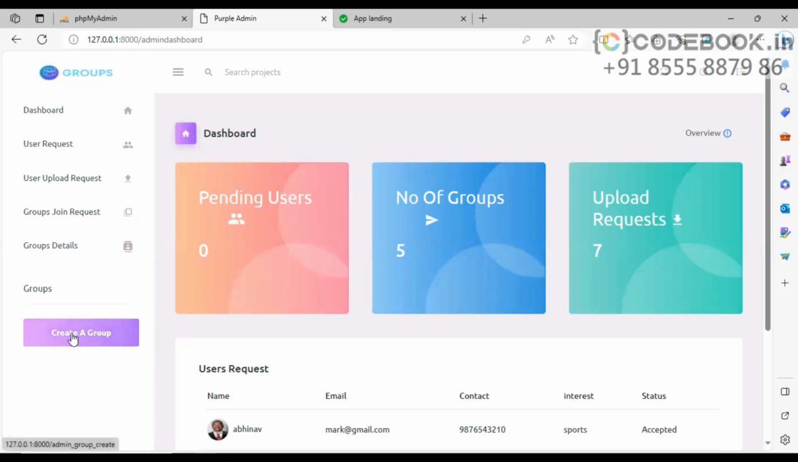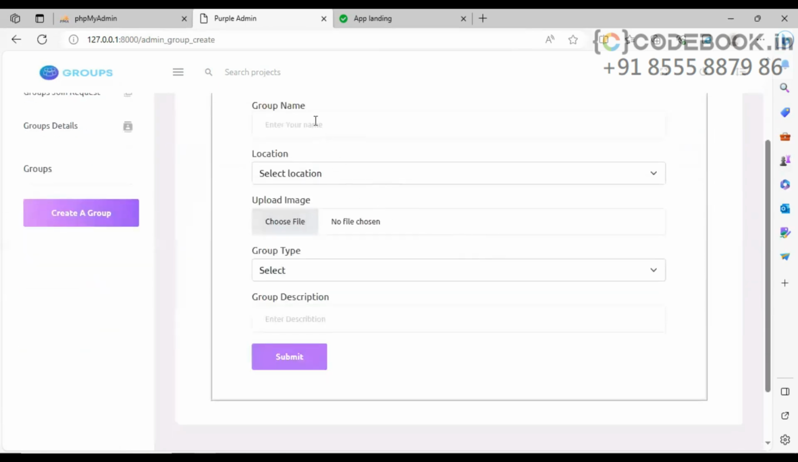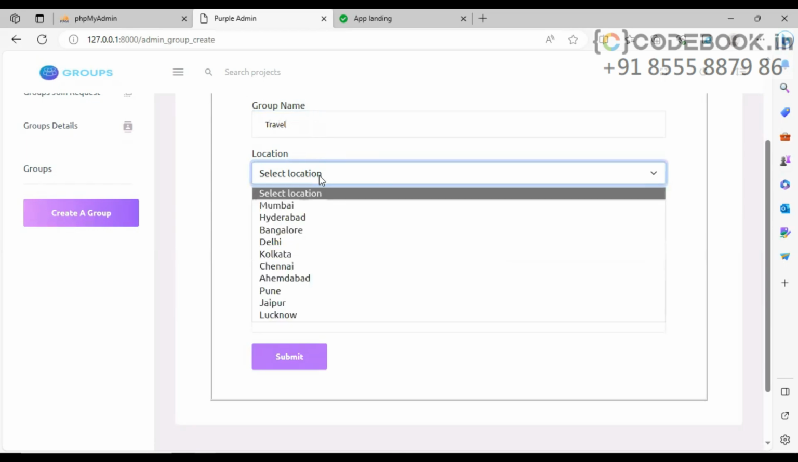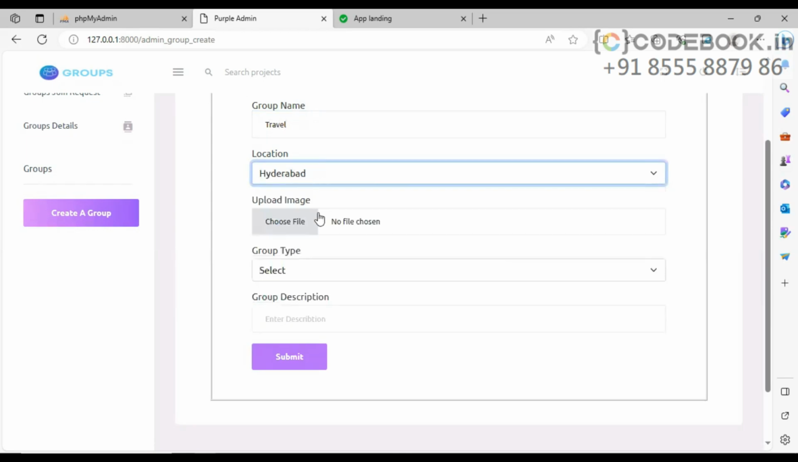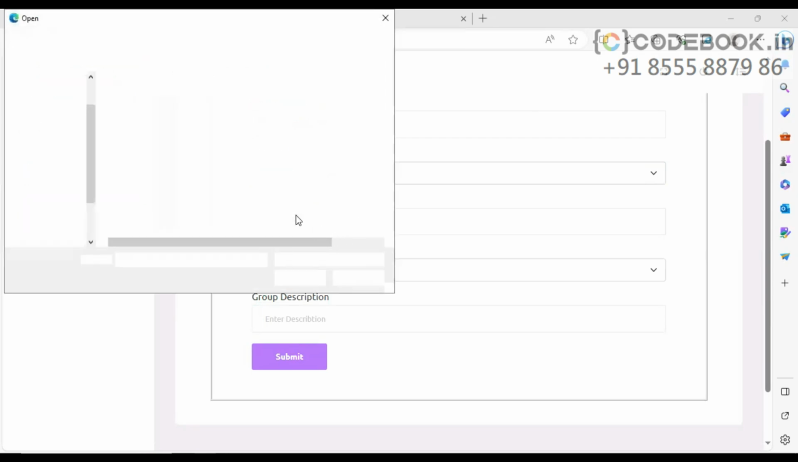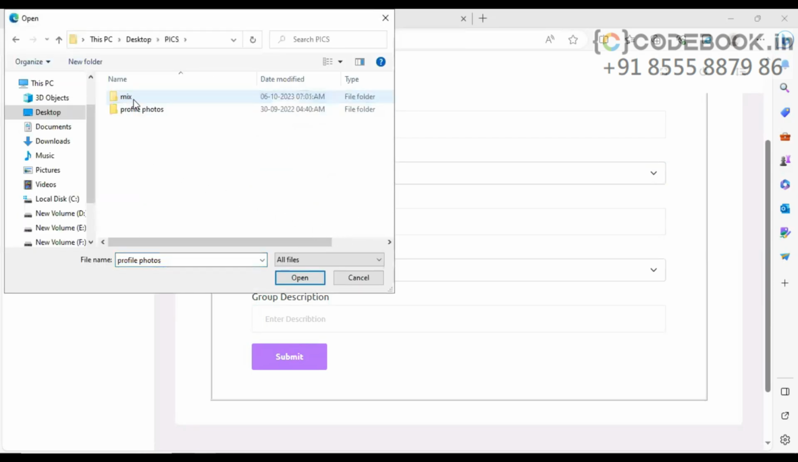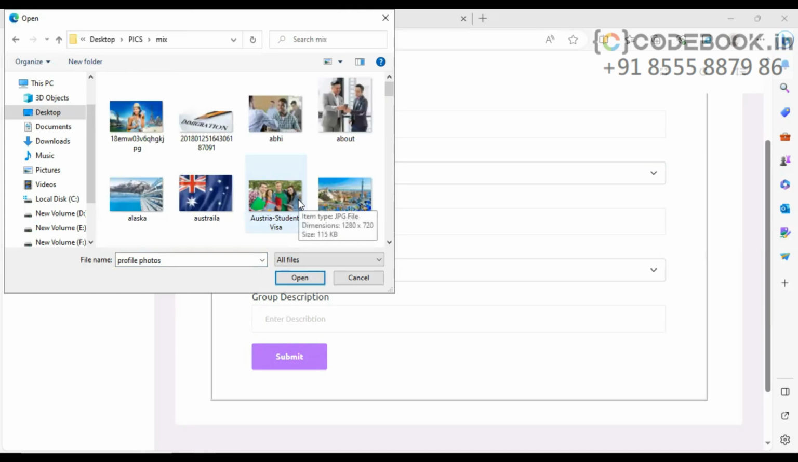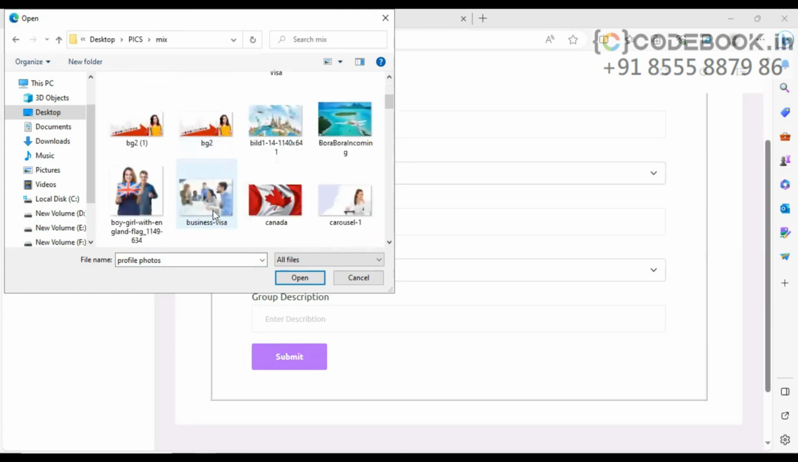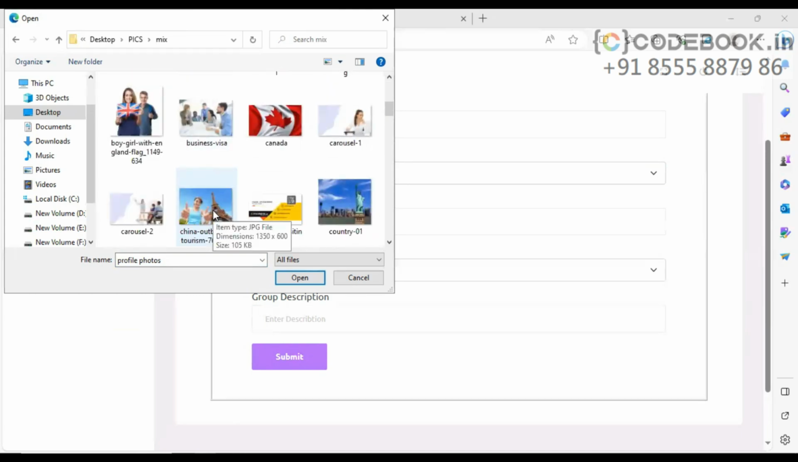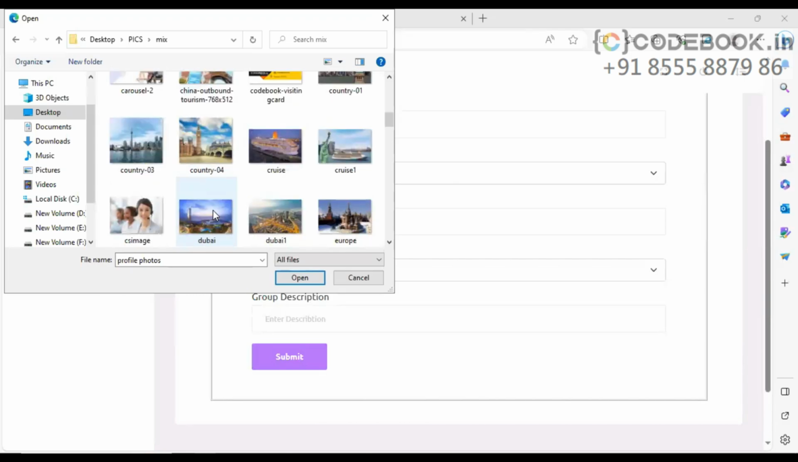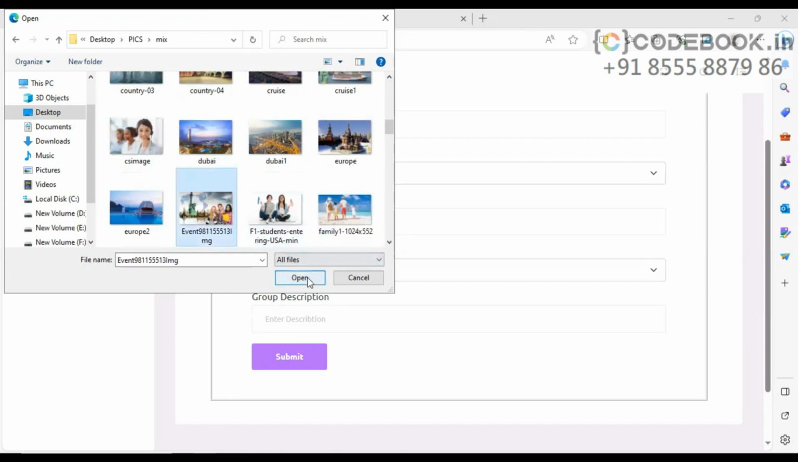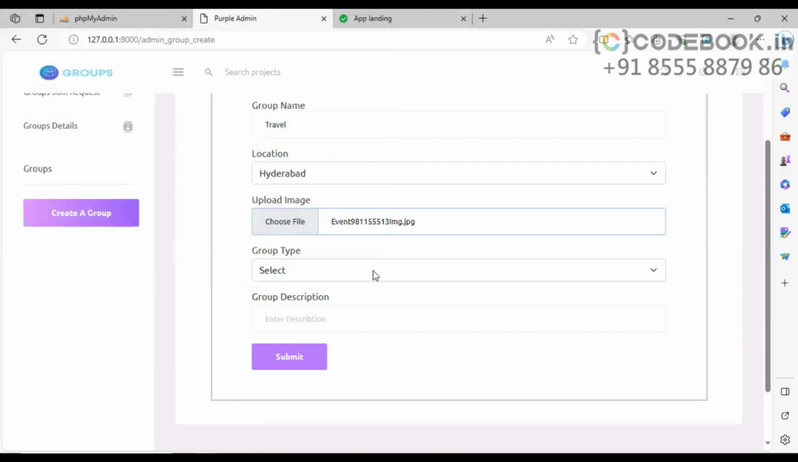And there is an option here, create group. Let's go to this option and we will create a group here. Group name: travel, and group location. Let's say it's in Hyderabad. Upload image. Let's upload the image. Some image I'm selecting here. Next, select the type,